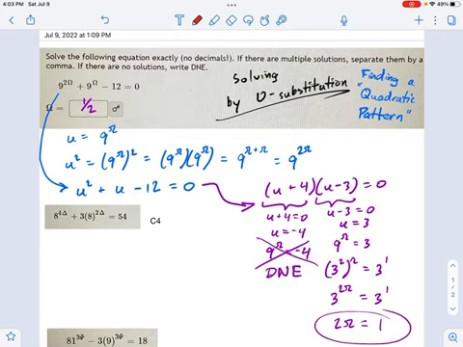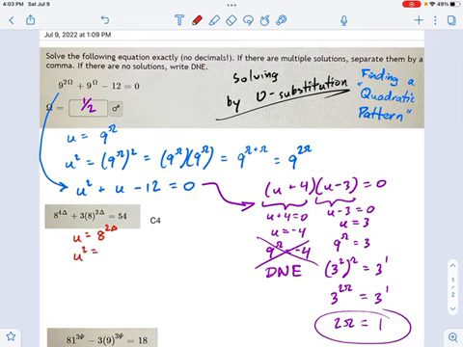So if you make a u substitution in this one, what I think would be helpful is u equals 8 to the 2 delta. And notice how I'm generally picking u to be the term in the middle. That's often the case. And that means u squared, if you run through the same sort of math that I did right up here, you'll get u squared equals 8 to the 4 delta. And see, we needed that one too. So you rewrite this equation, and we get the following. u squared plus 3 times u minus 54 equals 0.